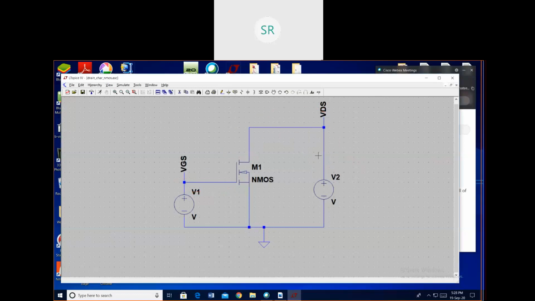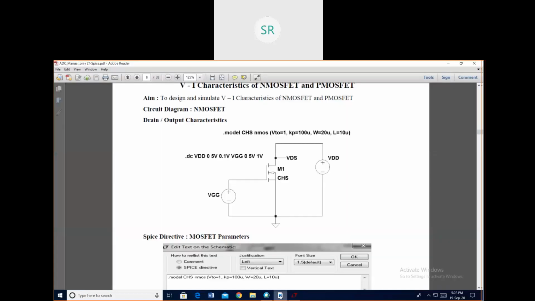So the labels are done. Next I have to set this device's characteristics. For this NMOS, the threshold voltage, the width, the length, and the process transconductance parameter, K dash. All these things I have to set values for. For that you have to write a SPICE directive. Now you can see in the manual,